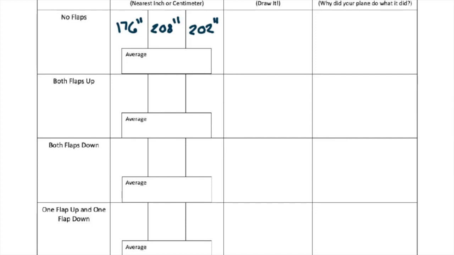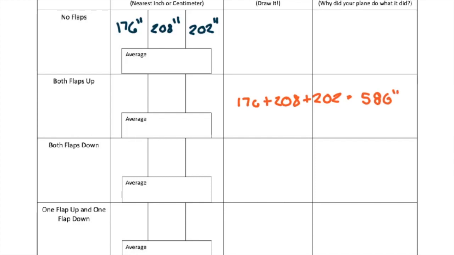I'm going to show you my work on the right-hand side of this page, but please don't write on your form. Do your work on another piece of paper or with a calculator, and then come back and write your average down. So I'm going to do mine here in the bottom. I'm going to do it in red, kind of as a reminder, don't do this on your form. Okay, so first off, to figure out the average, I want to add all three of these up. And if I add all three up, 176 plus 208 plus 202, it ends up equaling 586